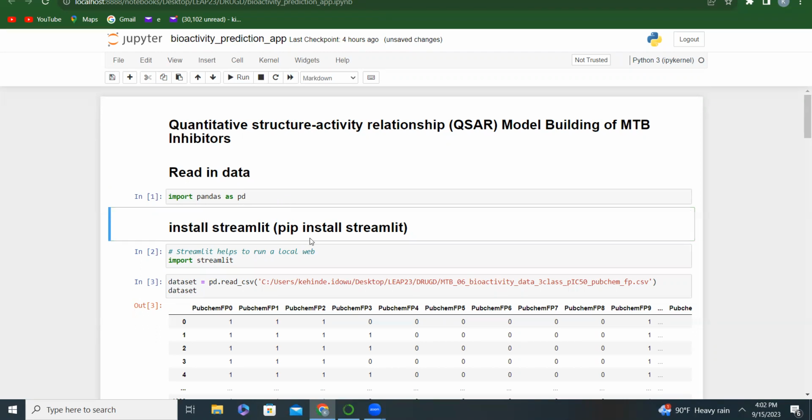There is a package called Streamlit. Streamlit is a package that will help you to run a local web, just like when you connect to the internet and you run your browser. You can use Streamlit to do a similar thing locally on your laptop without internet, just when you are developing a website. It is Streamlit that you can use to test your website before you put it on the general